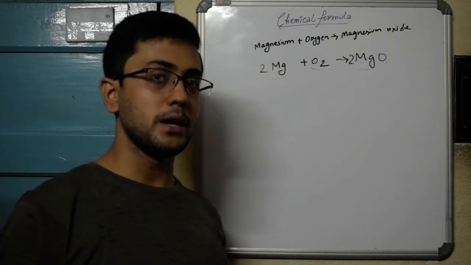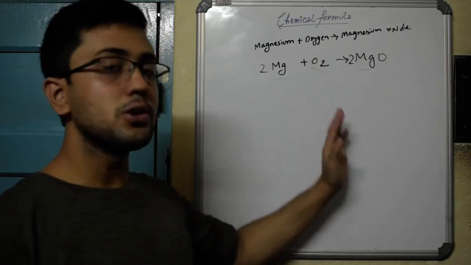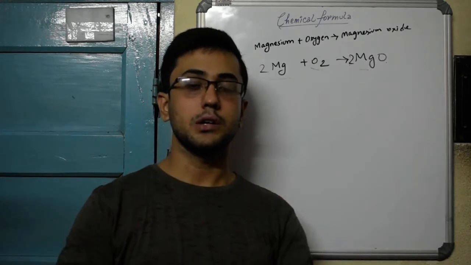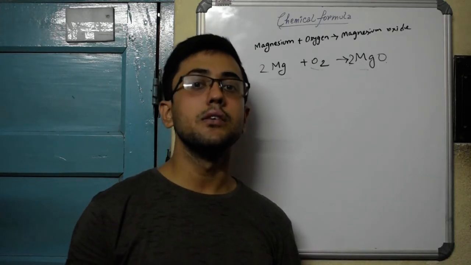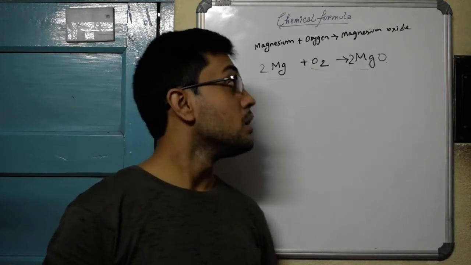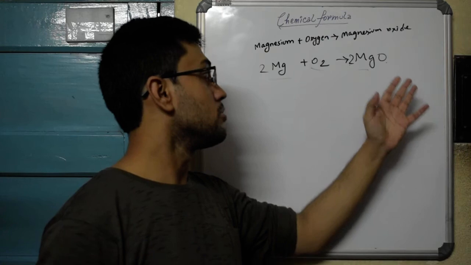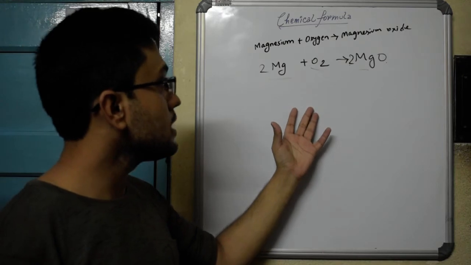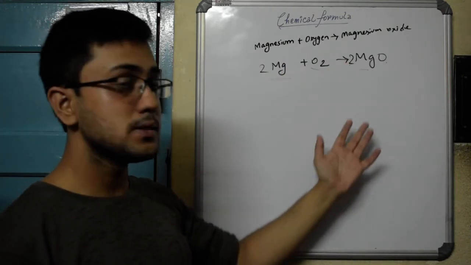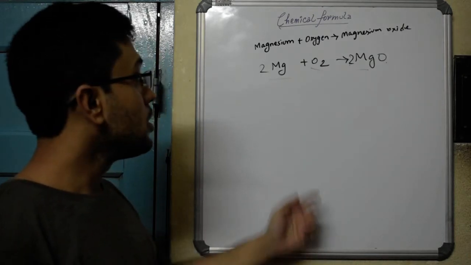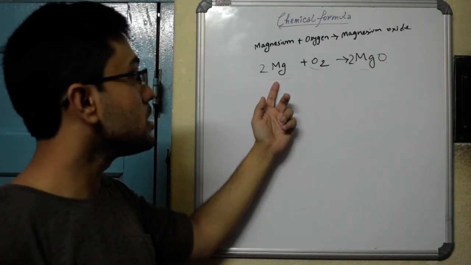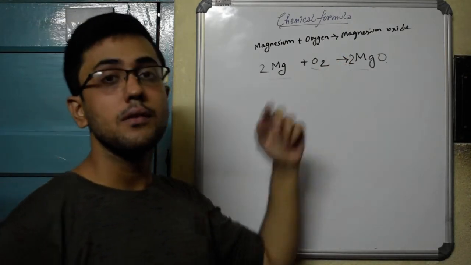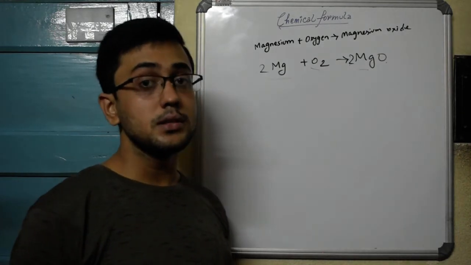Why is it so important to write a balanced chemical equation? First of all, you should be able to write the skeletal equation. That gives you an idea of which reactants are combining to give what products. But when you write down balanced chemical reactions, they give you a few more advantages. One is that you can come to know in which ratio the different atoms of the different elements are present. Looking at this reaction, you can understand that 2 molecules of monoatomic magnesium combine with 1 molecule of diatomic oxygen to give 2 molecules of the compound magnesium oxide. So this is one idea that you get.